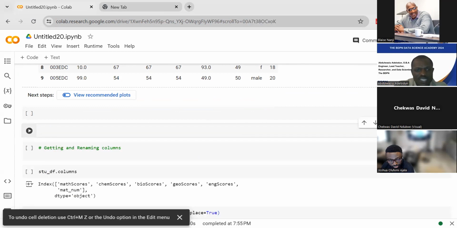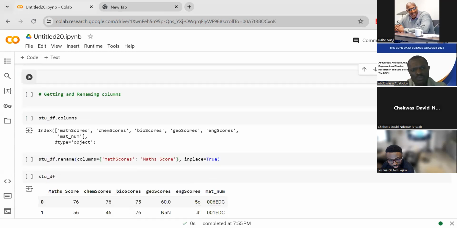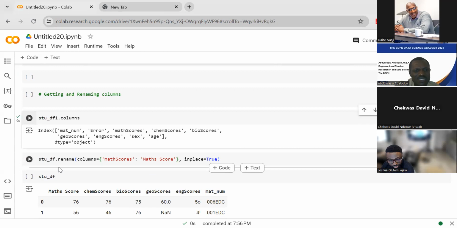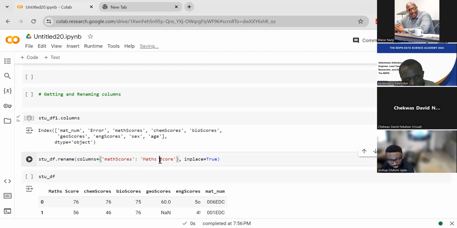Another thing we can do is renaming the columns. You can rename your columns. How do we rename a column? When we want to get and rename a column, we already know how to get the column. Of course, we just run students dot columns, and after that we can just say dot rename. When we say dot rename, you set the name you want to change. For example, math score, we want to change it to math score, like this. So when we run it,